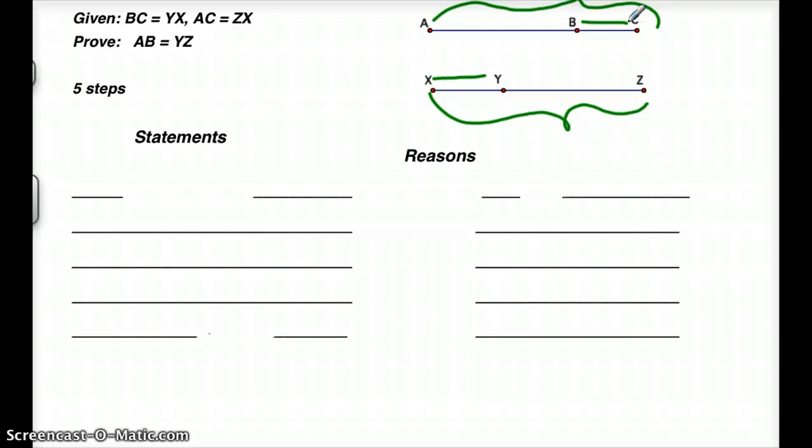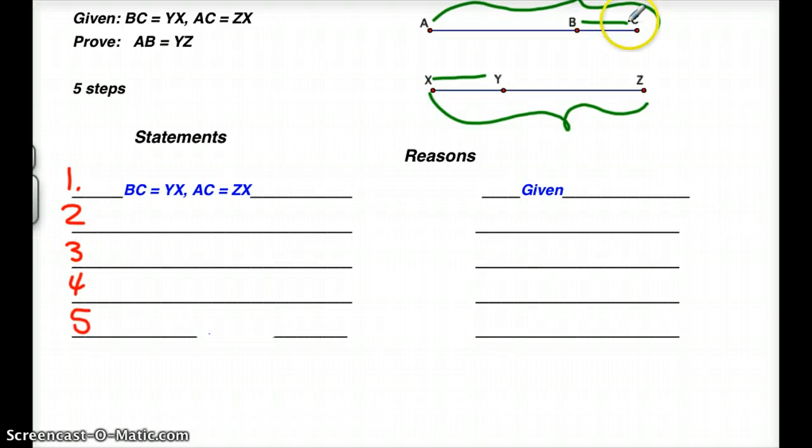I think you might have more than 5 lines on your paper, so you maybe want to go 1, 2, 3, 4, 5. I've already erased mine. So our process is to take our givens and write them in number 1. Write them down first, and my reason is given. And then I take my proof and write it at the very bottom because my goal is to show